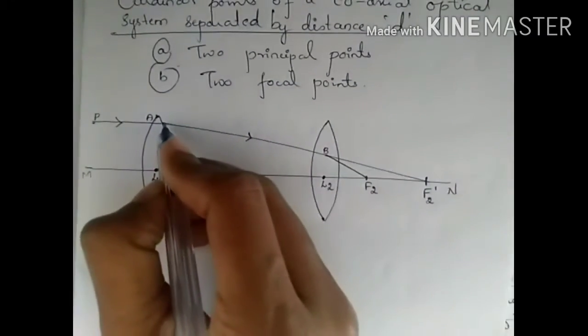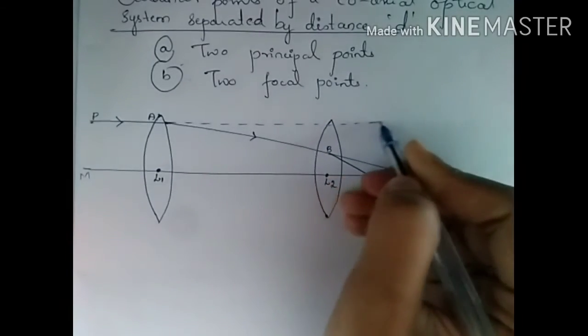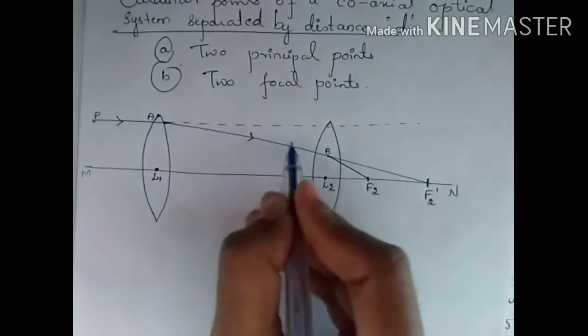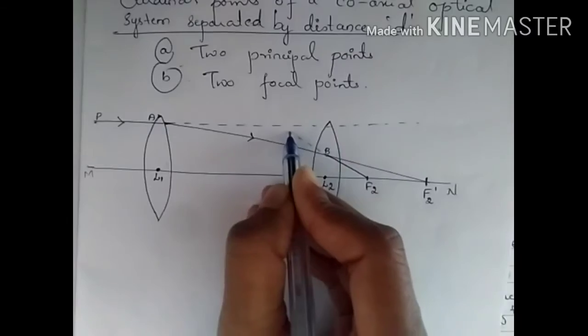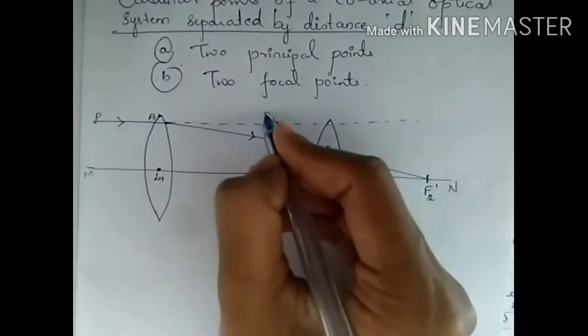The next thing we did was we extended the incident ray and we also extended the refracted ray of the second lens, and these two rays